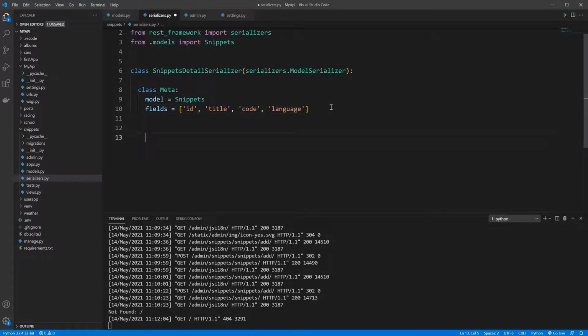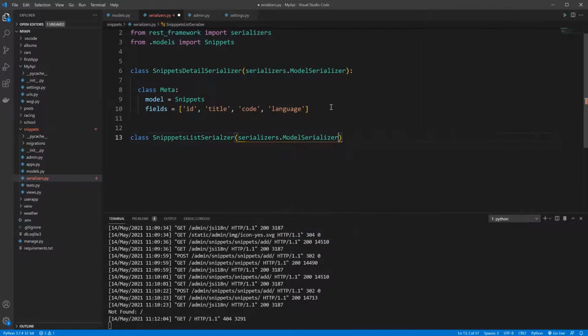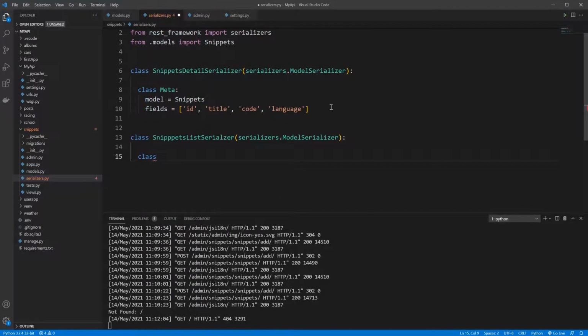And then we'll add the next serializer, which is class SnippetListSerializer, and this will inherit from serializers.ModelSerializer. And for the list, we don't need to add all the fields, and this is the point behind using hyperlinks. So I'm just going to specify the model here